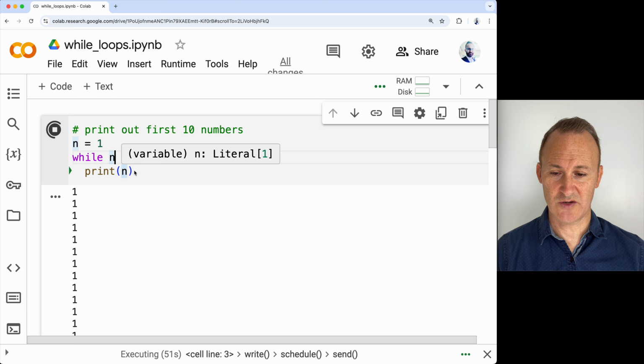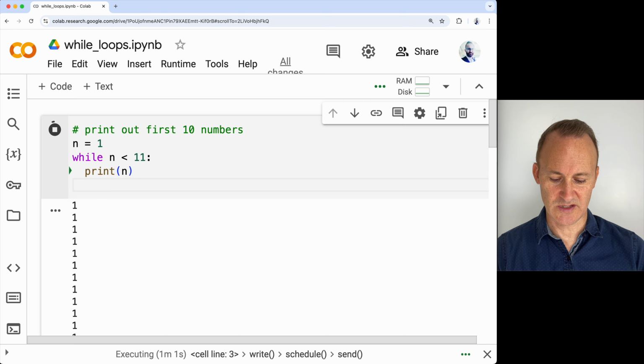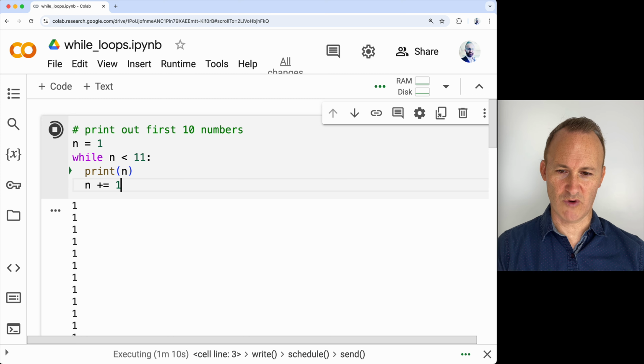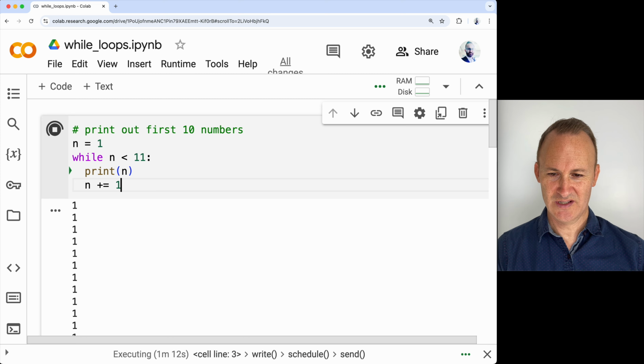The issue here is that we have not changed n. The only way we can get n to eventually be 11 or greater than 11 is to actually update it. So that's what's needed here. So what we can do inside of this while loop is to say n plus equals 1, which means n equals n plus 1. Okay, now in order to run this corrected code, we need to sort of stop the